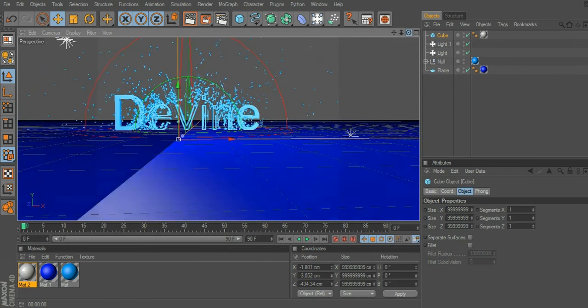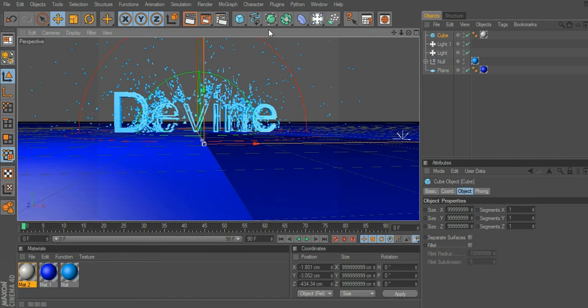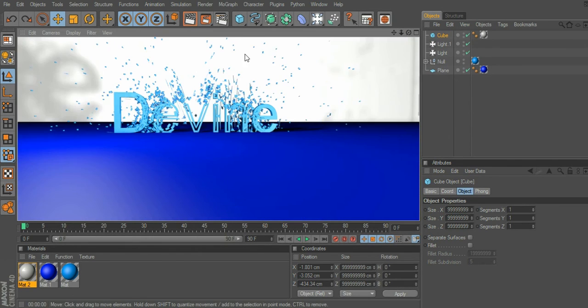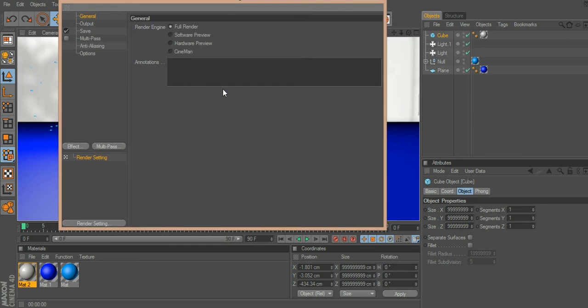Right, obviously you don't have to do this if you don't want to, but I think a grey background's pretty dull. Oh, I didn't mean to do that. So yeah, as you can see, that's quite a nice text looking thing. So we can go on to render settings,